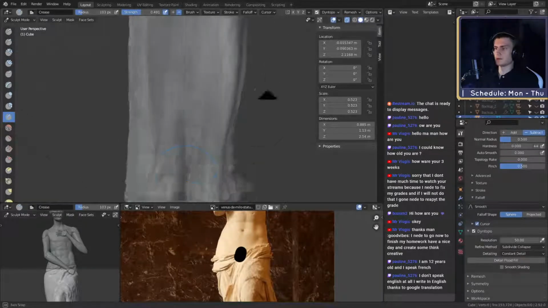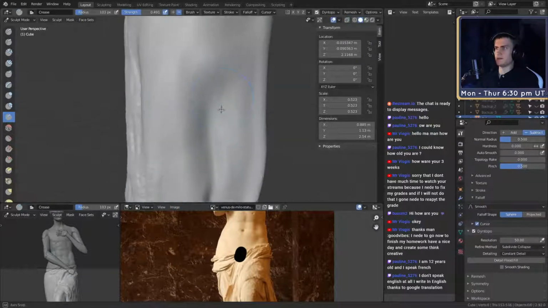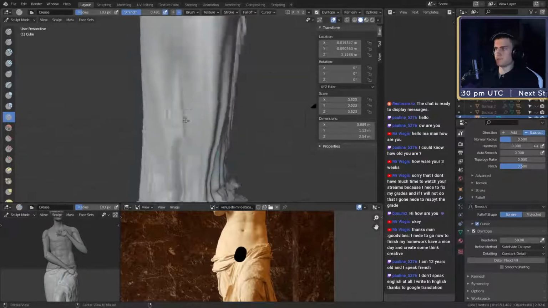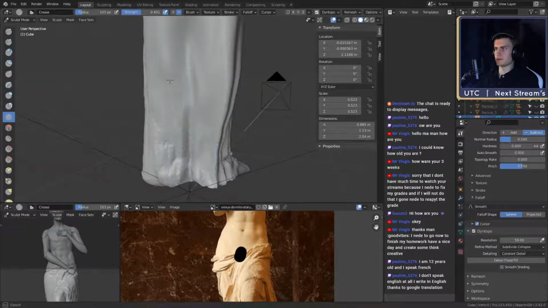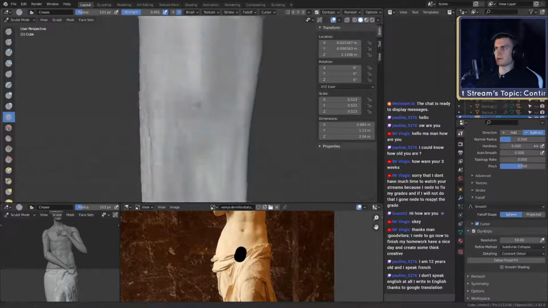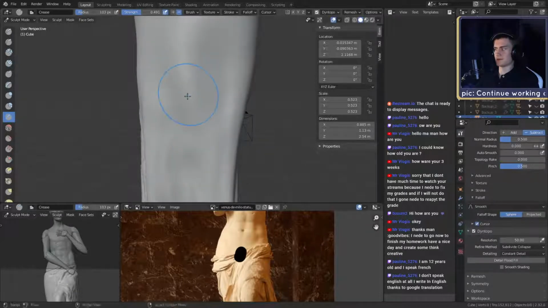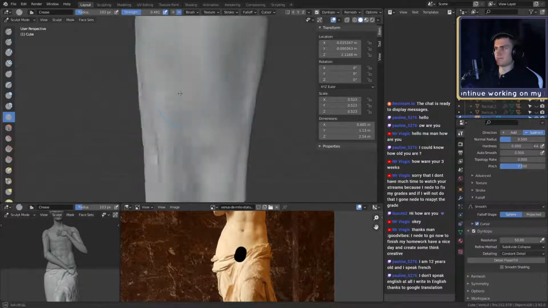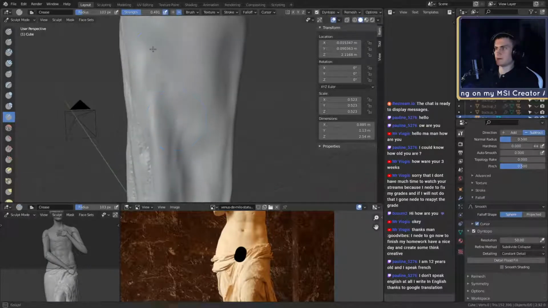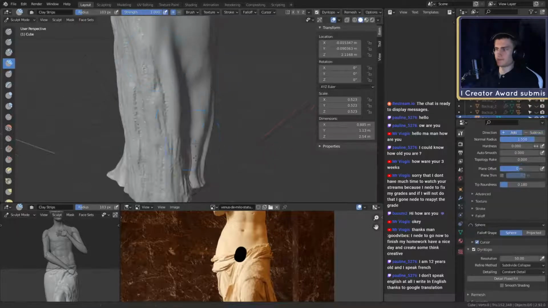Let's see. We have to put a small dent in here, I think. Like this. Okay, that's better. Where's her buttock? There it is. Okay, that's better. That is better. Okay.